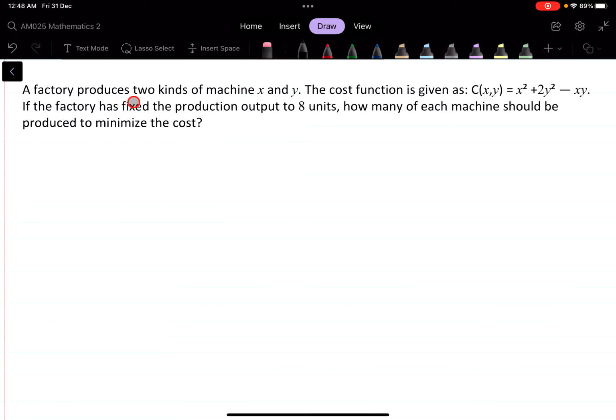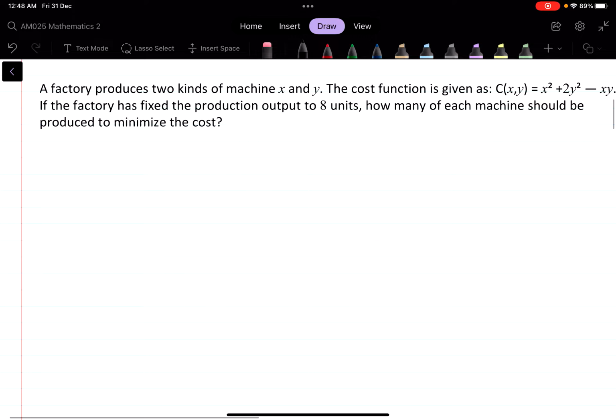A factory produces two kinds of machine, x and y. The cost function is given as C(x,y) equals x squared plus 2y squared minus xy. If the factory has fixed the production output to 8 units, how many of each machine should be produced to minimize the cost? So for this question, our function